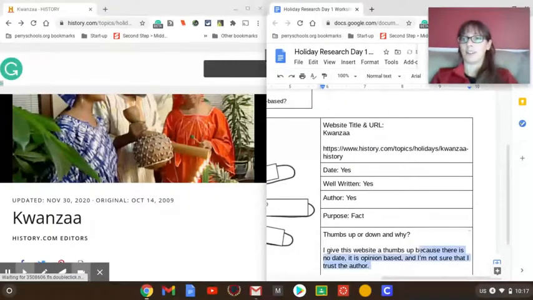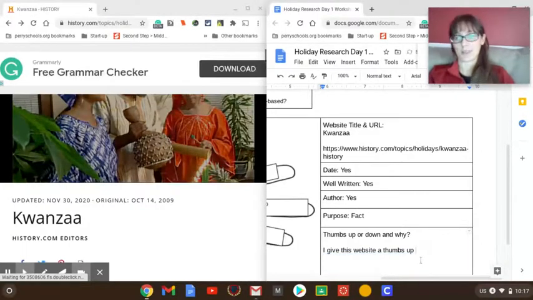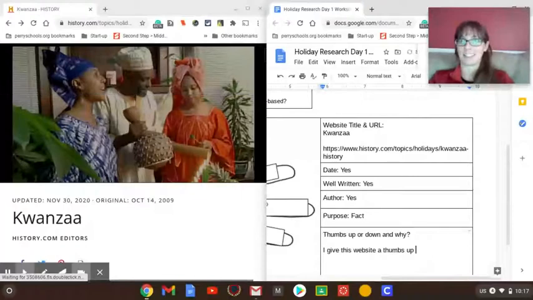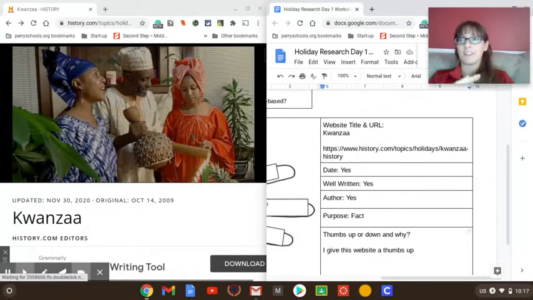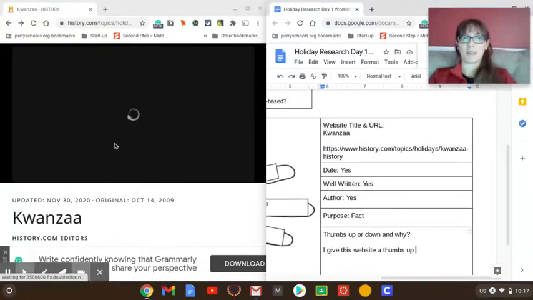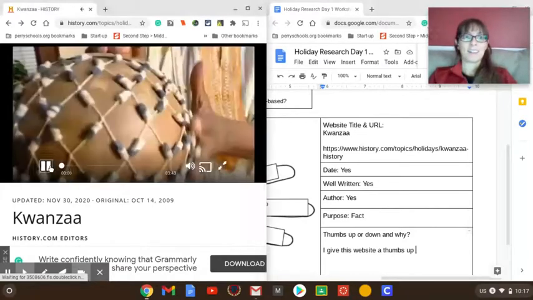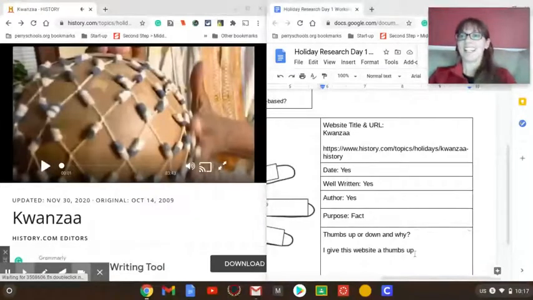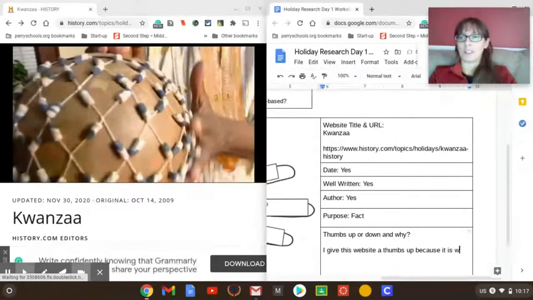Now, notice the ones that get a thumbs up, they're actually a lot quicker and easier to evaluate because you can find everything really easily. The ones that get a thumbs down, a lot of times those are the ones that are a bit more of a struggle to find what you need, right? It's about to play a video. So I'm going to pause that whenever it pops up. There we go. Okay. So I give this a thumbs up because it is well written,